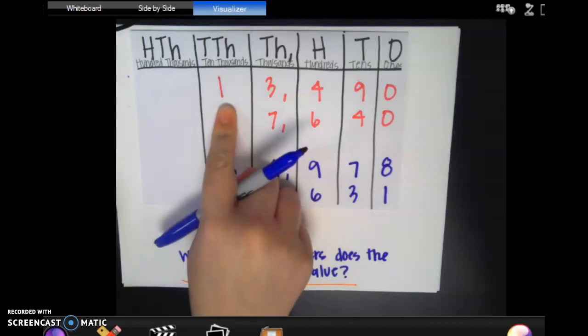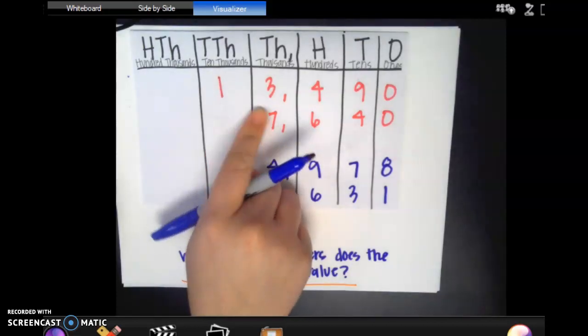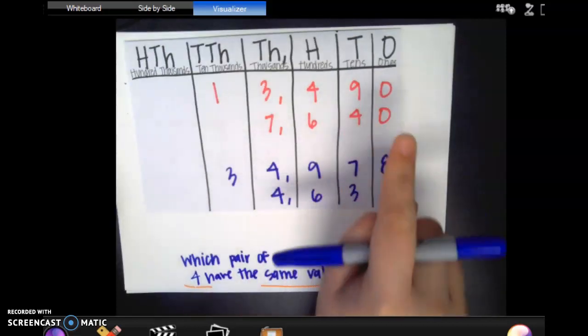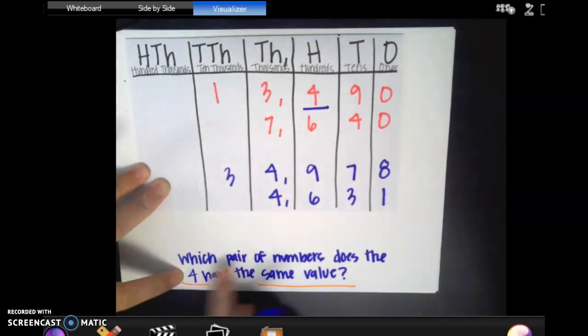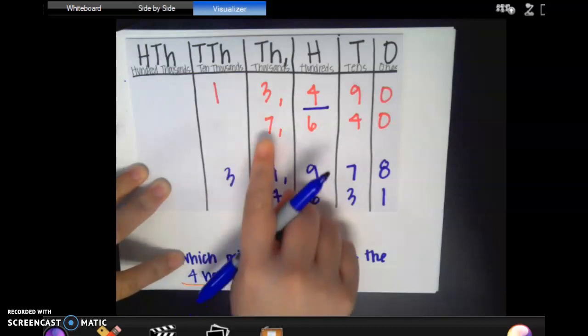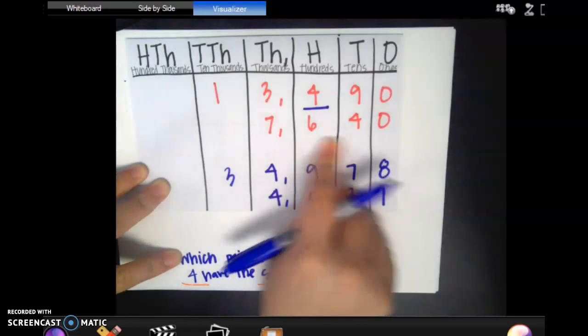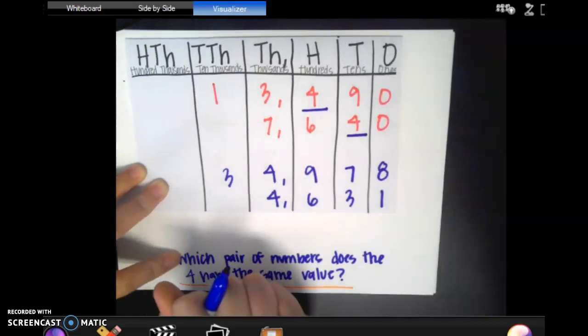The first number in this first pair is 13,490, and I'm going to underline my 4 because I know that that's what I'm looking for. The number 4, where does it have the same value? Okay, then 7,640. The next one is